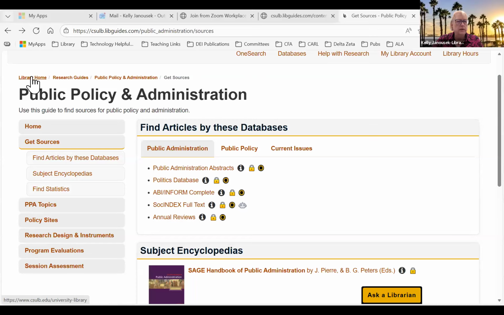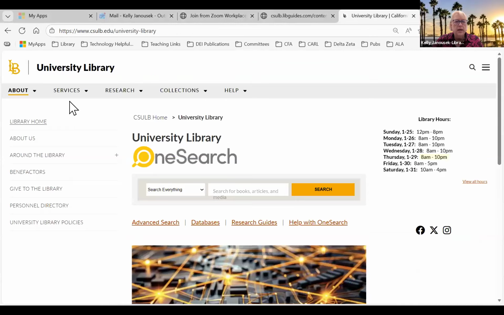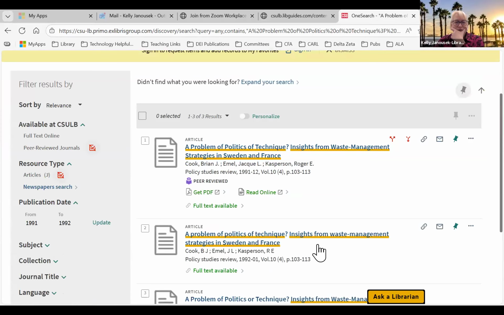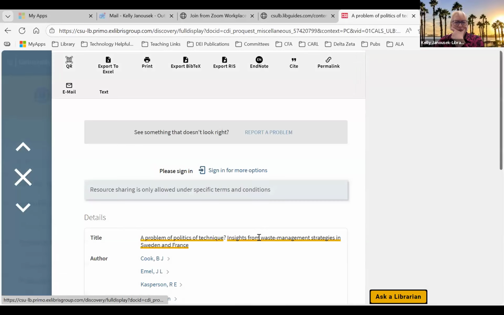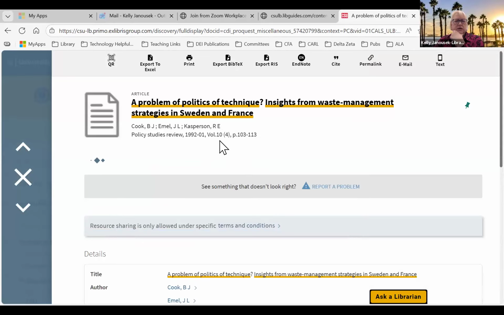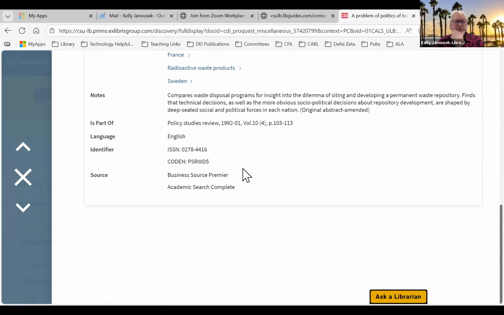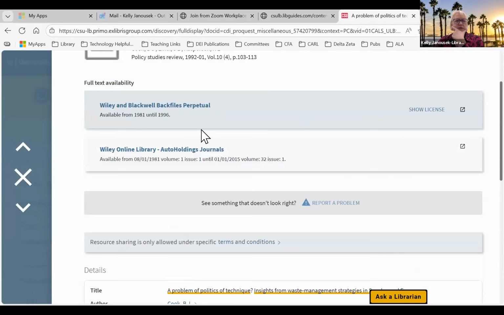And from here, I'm going to go to the library webpage. This is where OneSearch really plays a lot. I go in and I put quotes around that title of that article they gave me. And it tells me, techniques, this one, that it's in this journal. And no, they don't have the DOI for this one. But if I go to the article itself,